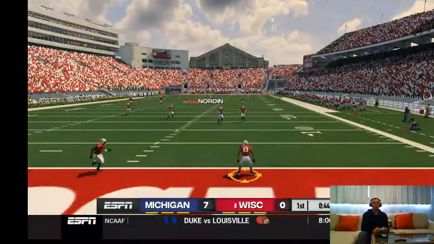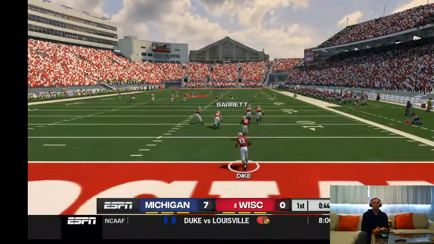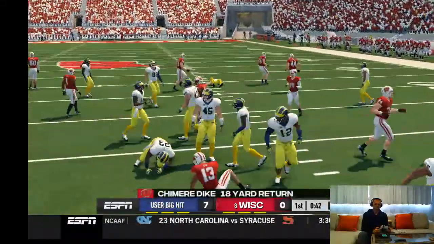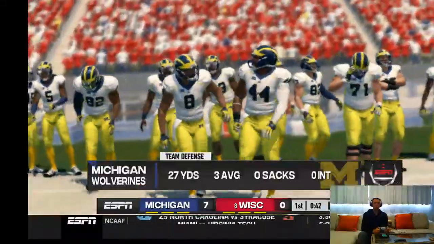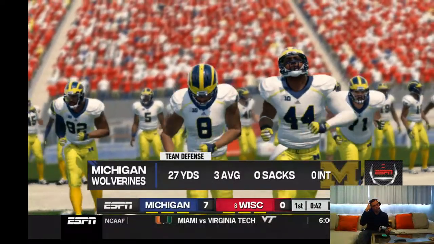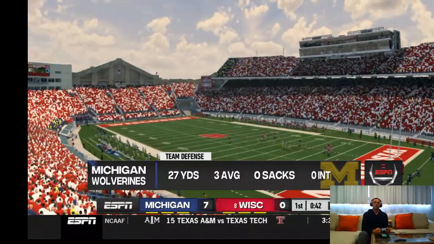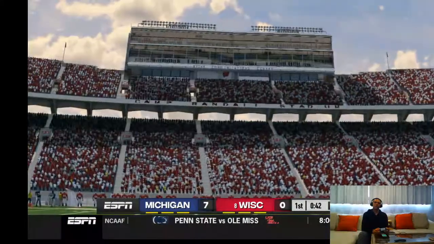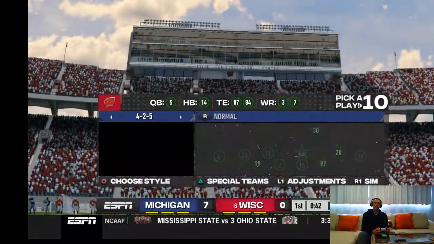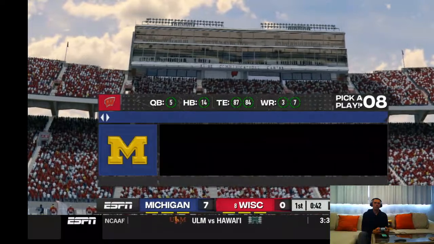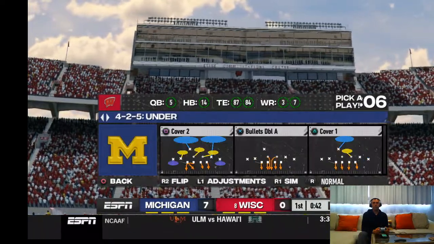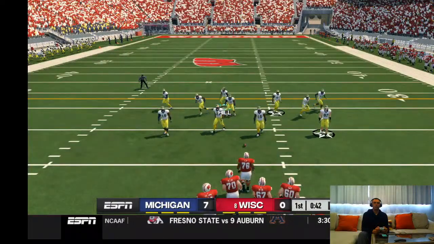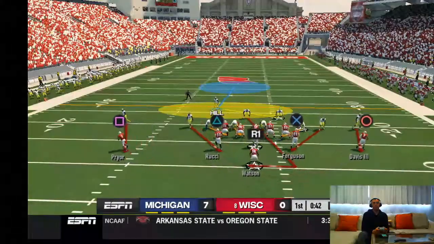Good hang time on this kick. Gets to about the 17-yard line. The Wolverines really came prepared to play defense today, and the plan is working. Well, so far in this game, you've got to tip your cap to the defensive coordinator. He has clearly done a very good job of getting his team ready to play, and they have done a nice job of slowing down this very explosive offense. And while they are behind, they know they can knot things up in a heartbeat. It's way too early to change your game plan.